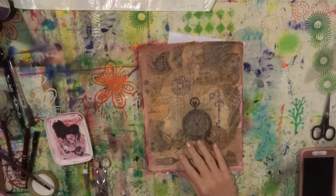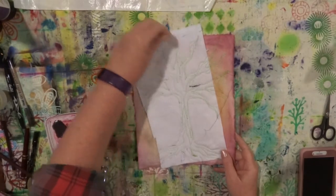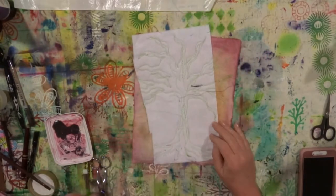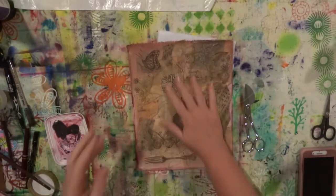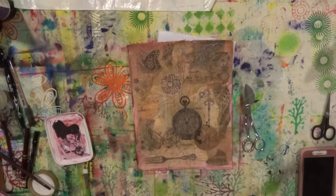Okay, that is stitched. I did put a little bit of batting. This isn't batting, it is fleece on the back to give the tree a little bit of cushion. And I'm going to cut away with these scissors any of the outside of the tree just to see if we can get some dimension on the front. And I'm going to paint the background with a little bit of